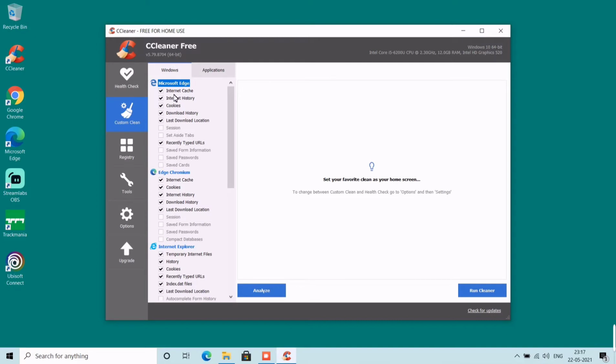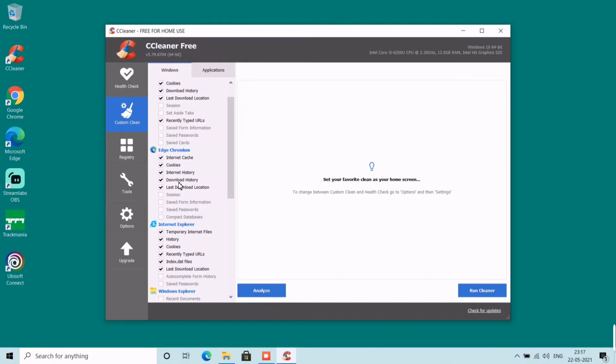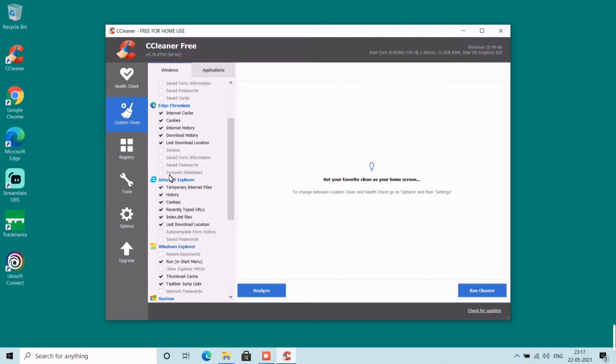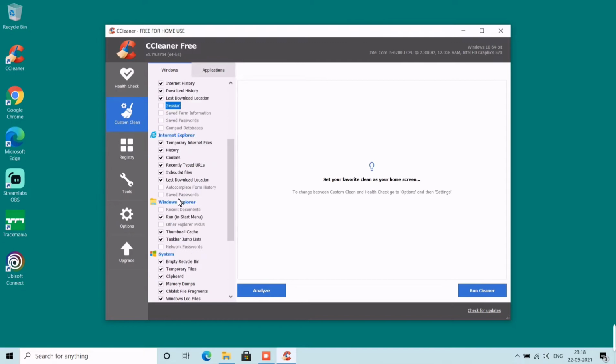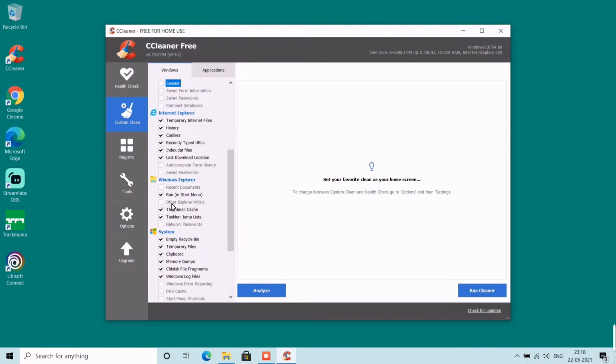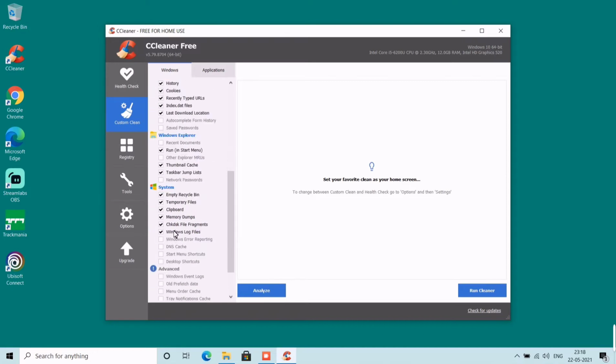Here under Windows, majorly it will show you the different browsers and what you can manage under them. These are the options you can also manage in every browser individually, but here you can clean them combinedly. Here you can also manage Windows Explorer files. By default, it selects what is unnecessary and can be cleaned, and you can also choose extensively specific ones which are not selected. Here you have advanced options also, but I recommend you to verify each option before selecting.